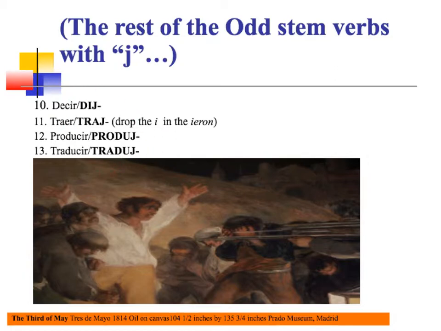So decir is another common verb, and traer. And so as you go through those 13 verbs, you do need to know the meanings of them. So make sure you're putting meanings down as you go, or we'll talk about them in class as we practice with these irregular stems. And we'll talk about what happens with them on the next slide.